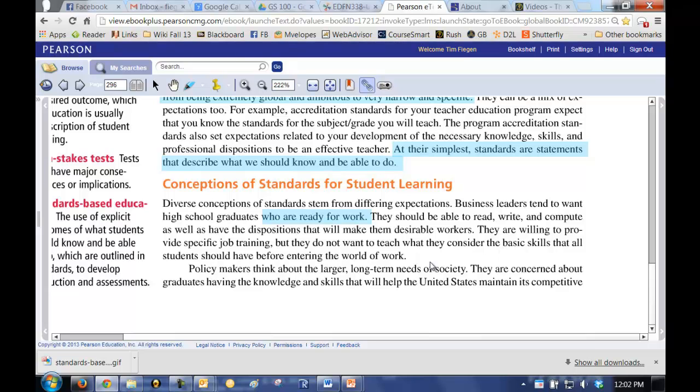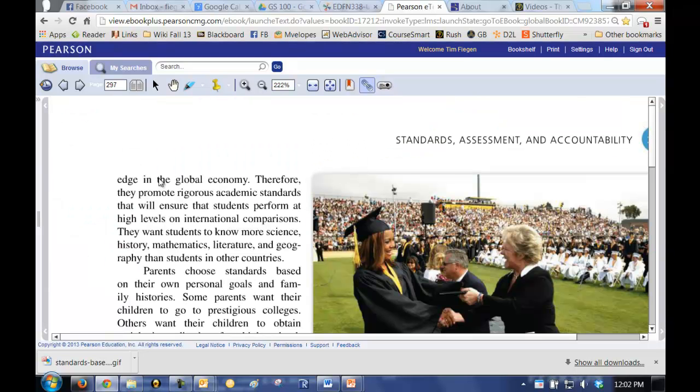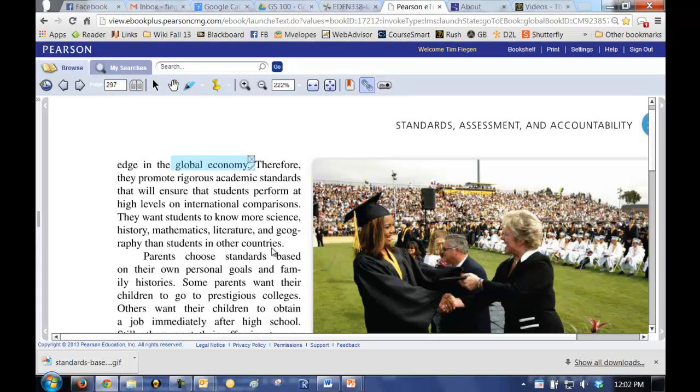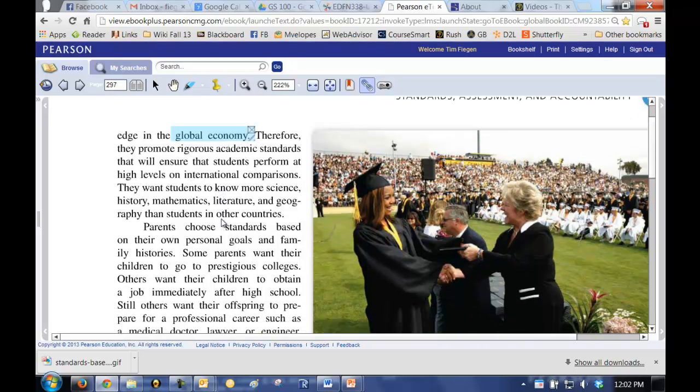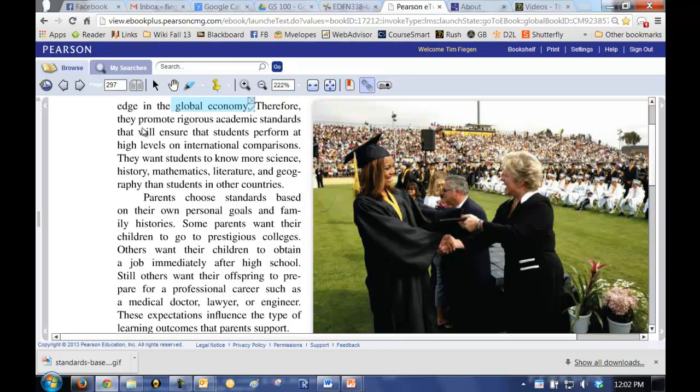The second one, the policymakers, the politicians. What do they want? They think about the larger long-term needs of society. They are concerned about graduates having knowledge and skills that help the United States maintain a competitive edge in the global economy. I am so tired of hearing about global economy, but that's what the politicians want. Therefore, they promote rigorous academic standards that will ensure this. And then the third group,